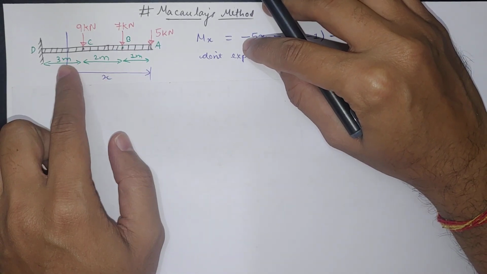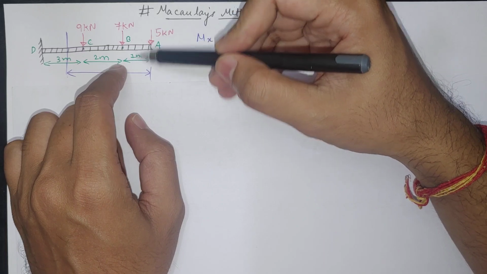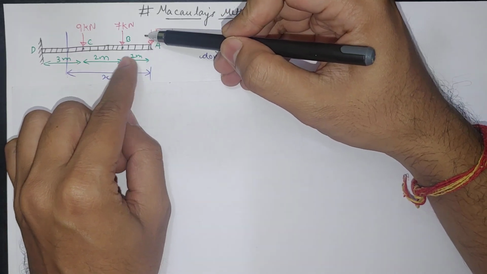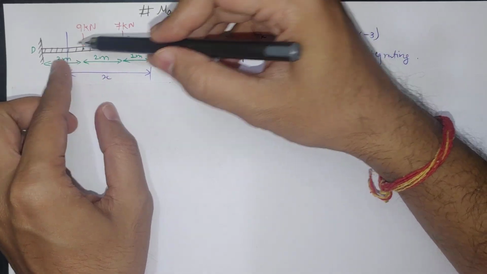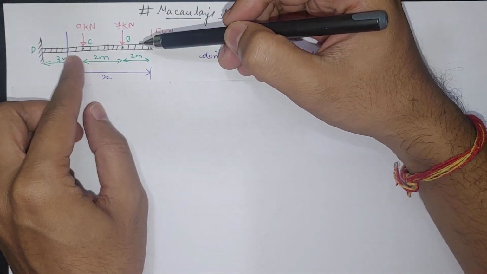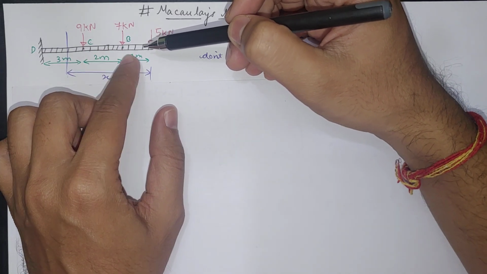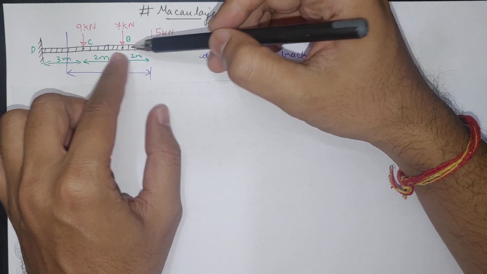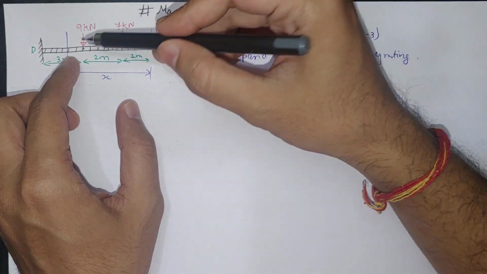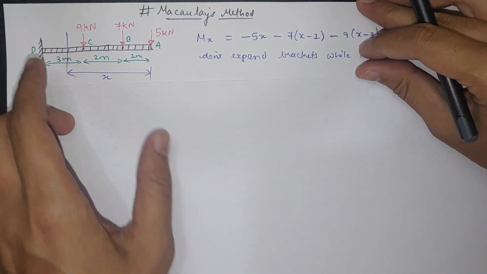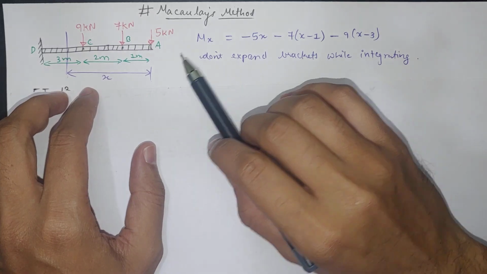To solve this with double integration methods, we have to take variable x in between these two forces and here also. So three different forces we have to take. We will get 6 equations of slope and deflection, and then we have to take the boundary conditions at these locations, and it will be very hectic to solve. To solve this problem we use Macaulay's method, in which we directly take